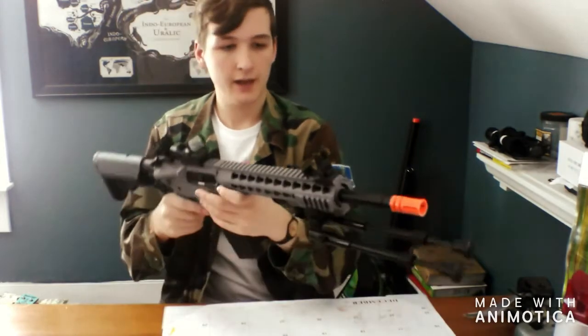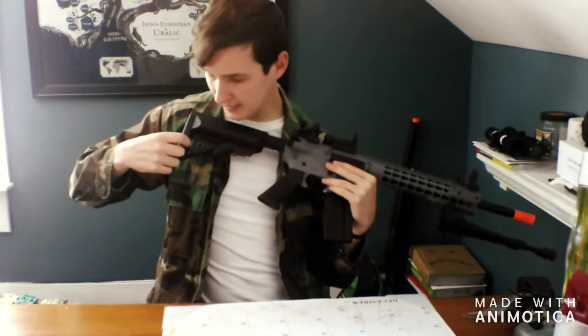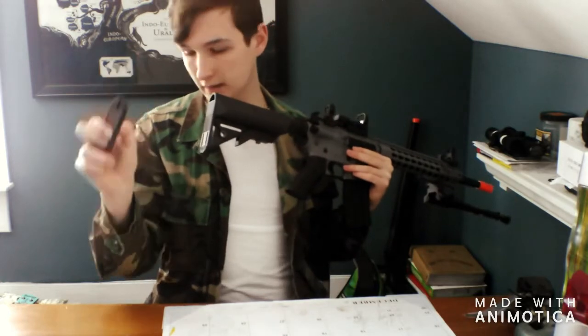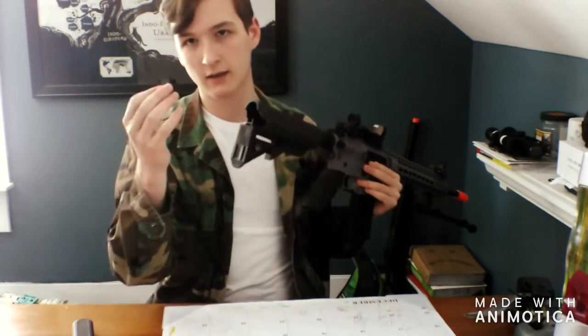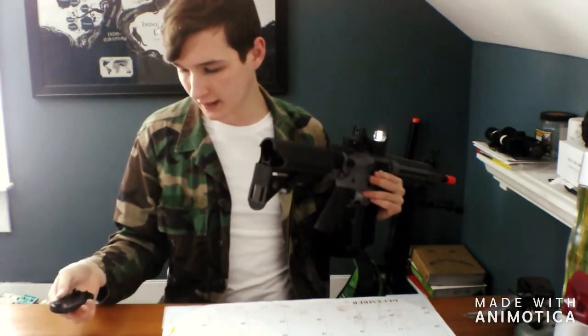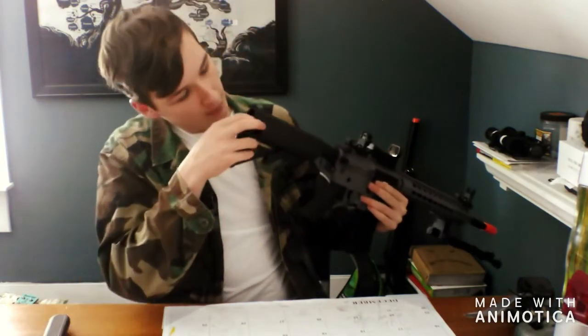But in order to get to the batteries, you pinch on these. There's these little tabs here on either side of the stock. Pinch on these. That'll release this plate, this little rubberized plate. And you take off this little piece right here. This used to be 1 part in the older models, but now it's 2 parts, which reveals